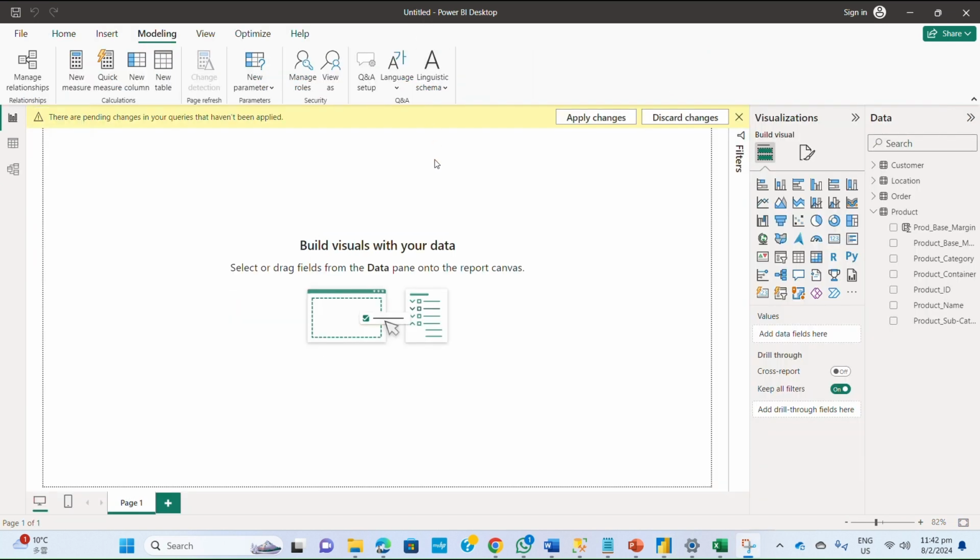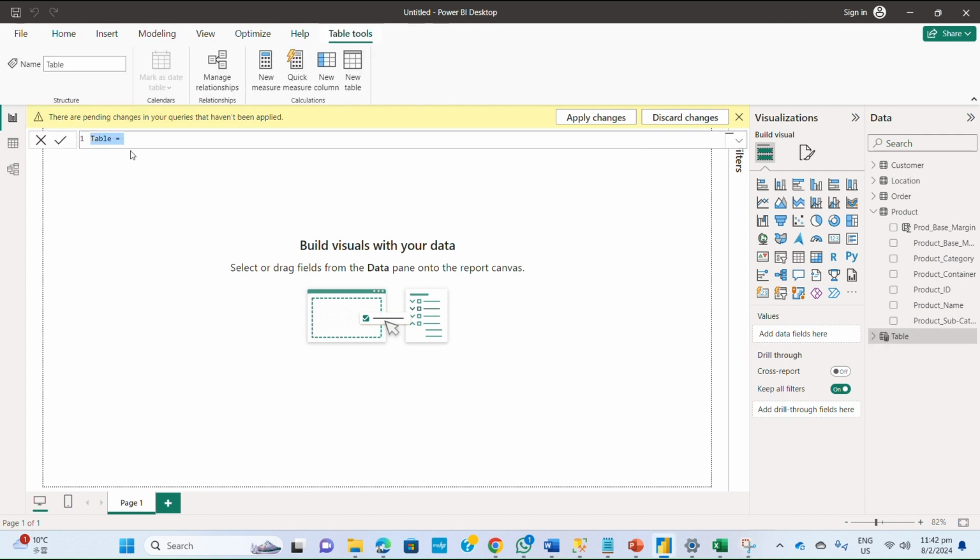To create a table directly in Power BI, we need to go to the modeling tab over here, and here we have the option of new table. So we can click on the new table option, and here we will get an option for the formula. So basically we need to create two calendar tables, one for the shipment date and one for the order date. For the shipment date, we can name the table as shipment date, and the formula will be CALENDAR